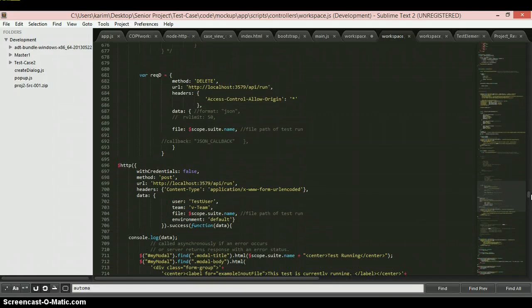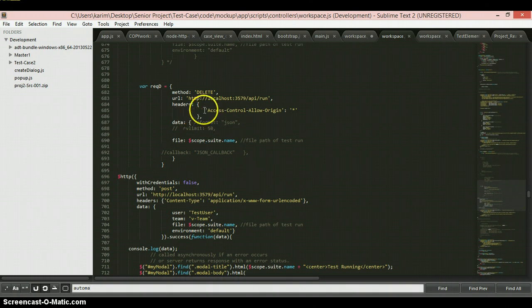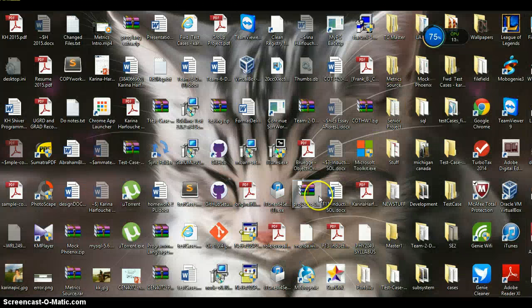So this was me trying to override that access control allow origin thing, but if you have that plugin that I showed you, I think it should be okay, as long as it's enabled. So that's it for